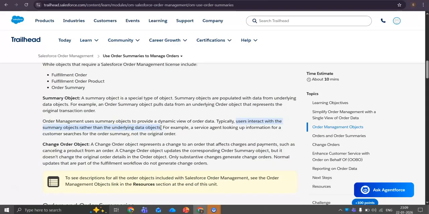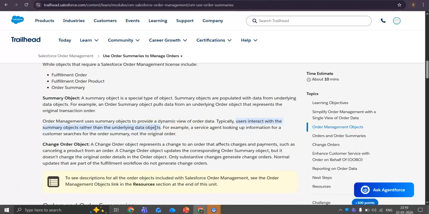We will not touch the original record at all. We will always interact with the summary objects, because even if any changes happen in the summary object, we will still have the original information in the data objects, the original order record. That is why we use two different objects.